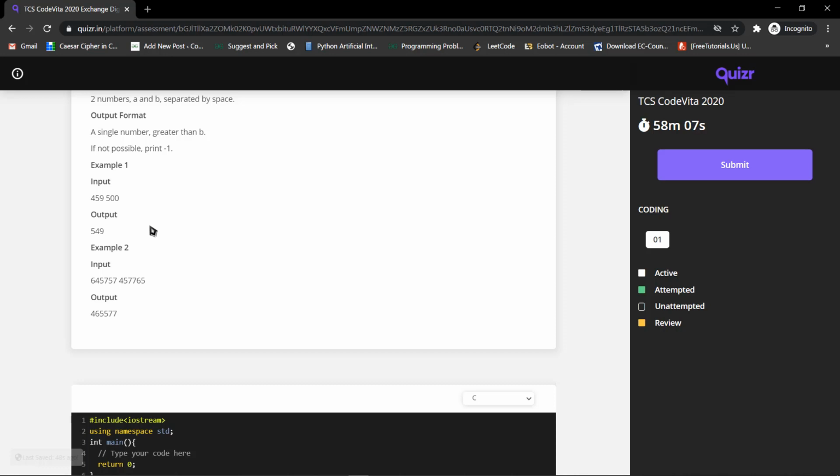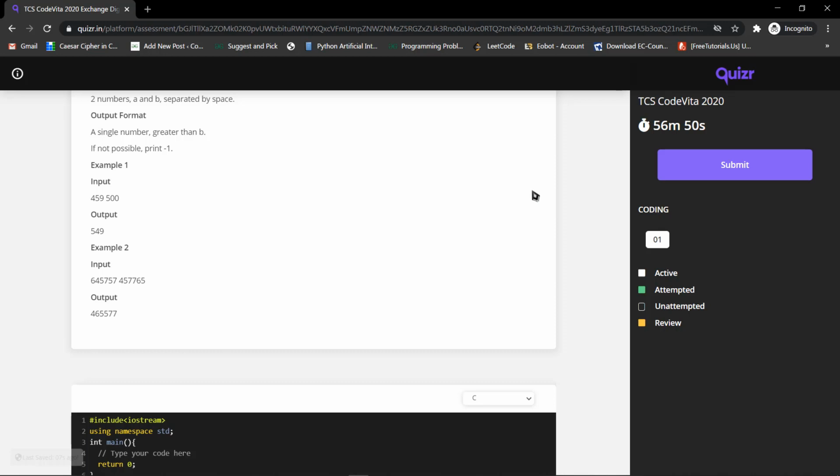But we have to generate these numbers in ascending order, so the first would be 459, then 549, and so on. We do this in sorted order, because as soon as we find a number greater than 500, we can break out of our loop. So the first thing we need to do is sort the digits in ascending order.